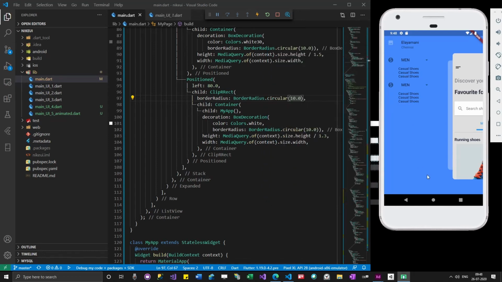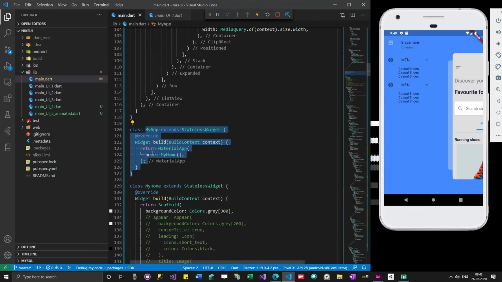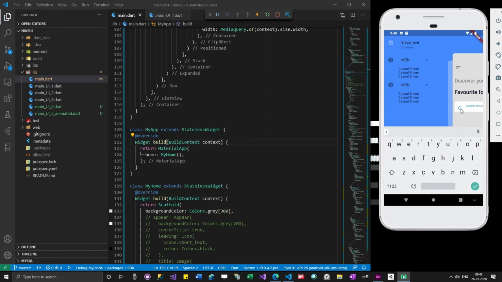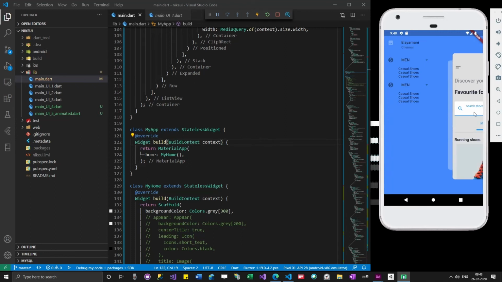One thing here is when I click here, for example, one second. In case you have added some functionality to the buttons in my app, the home page, what will happen is when you click this button, the touches will be taken and the same code will be repeated again. If I click here, you can see that the text box is working. I don't want this to work. I want all the touches on top of this widget to be ignored, even if somebody touches it.